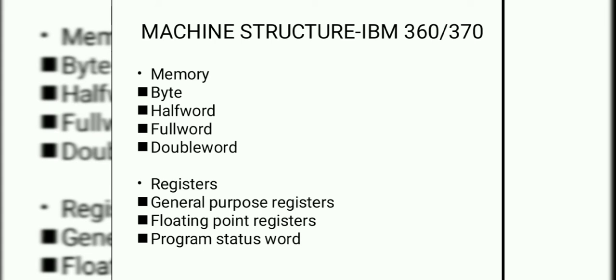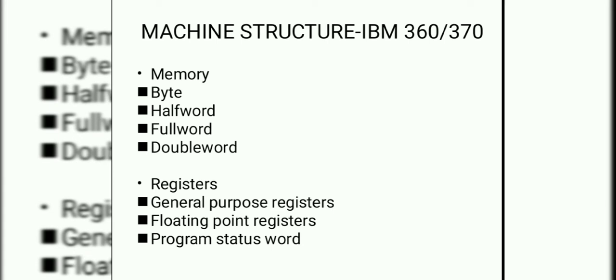The basic unit of memory is a byte, that is, each addressable position contains 8 bits of information, and other basic units are byte, half word, full word and double word. The address consists of offset, base and index register.